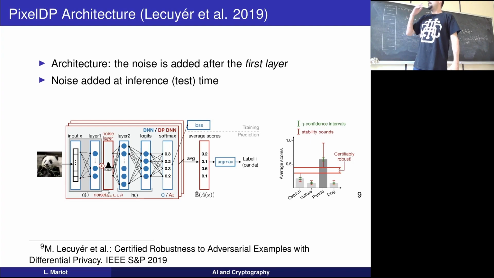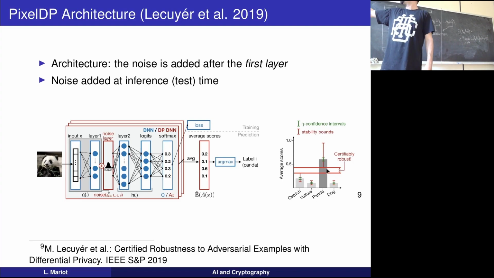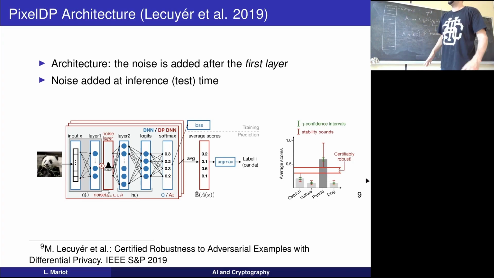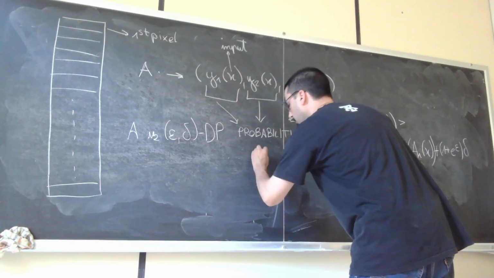If this class K, for example, is the class of a panda, then the corresponding bin inside the histogram will be large enough that we will have some stability bounds, these small bounds here in red, that are non-overlapping with the stability bounds from the other classes. And this means that basically the adversary is not able to find an adversarial example